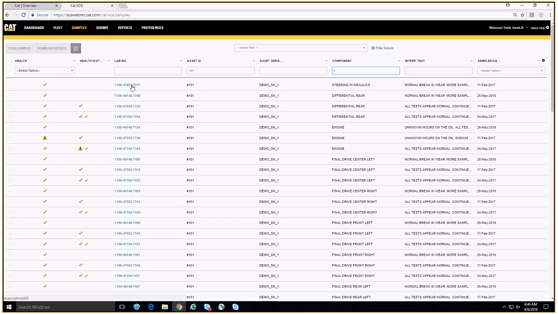From this page, you can very quickly get your results in PDF form, so your report, just as if it had been emailed to you, by simply selecting the samples that you're interested in and clicking the PDF icon here in the upper left. You can get up to 15 reports in a single PDF, or you can do them